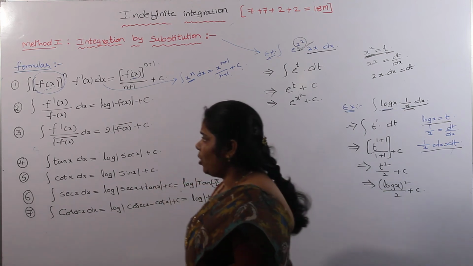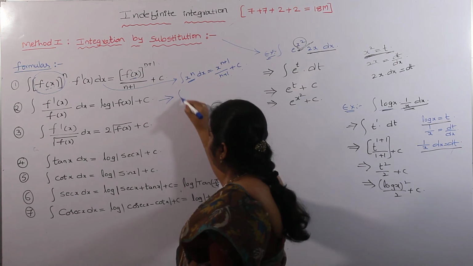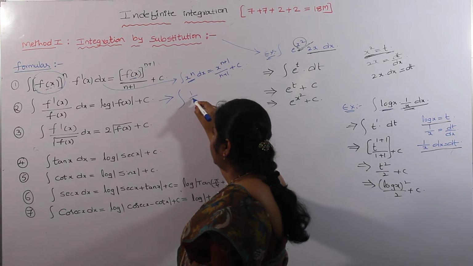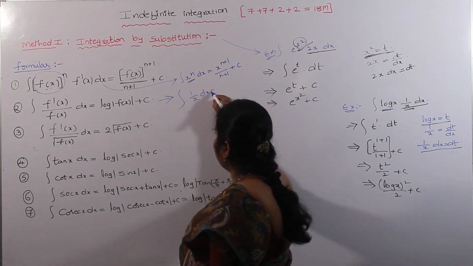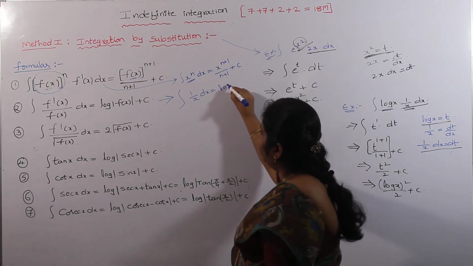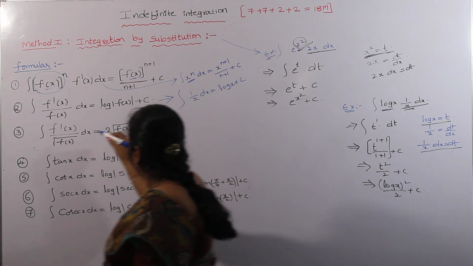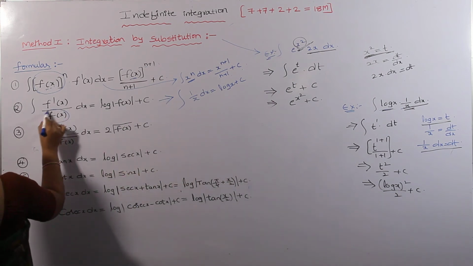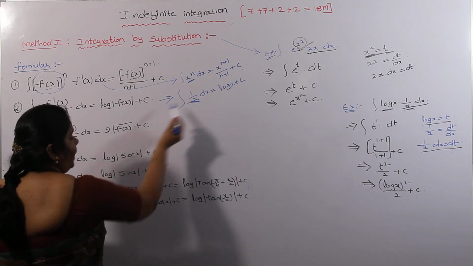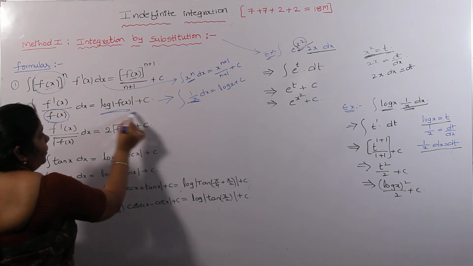In the second formula also we have some hint. We have the formula in the basic formulas. Integral of 1 by x dx is equal to, we know that, log x plus c. This is in the form of this. In place of x here we have f of x. Log x becomes log mod f of x.